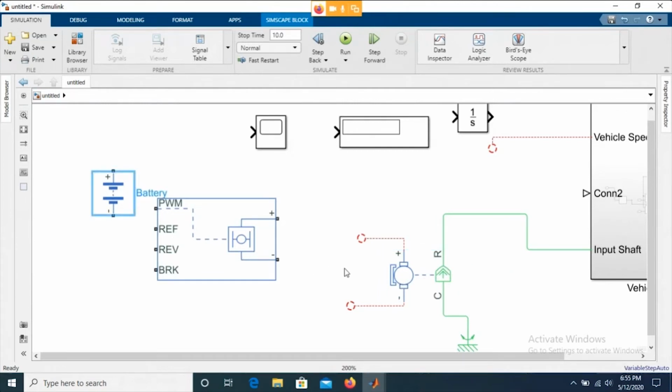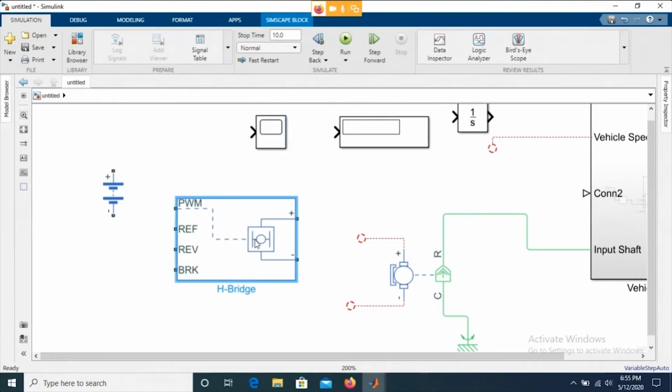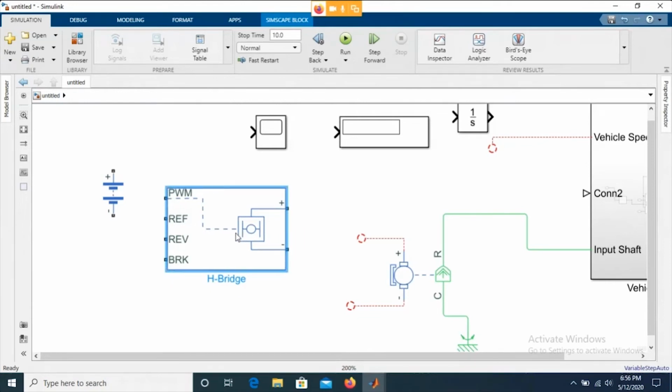And therefore it requires an inverter, right? So all electric vehicles have an inverter or a power converter, right? So if it is a permanent magnet DC motor like this, you will not require an inverter, you will require a simple H bridge, right? Which is basically a circuit configuration like this, right?